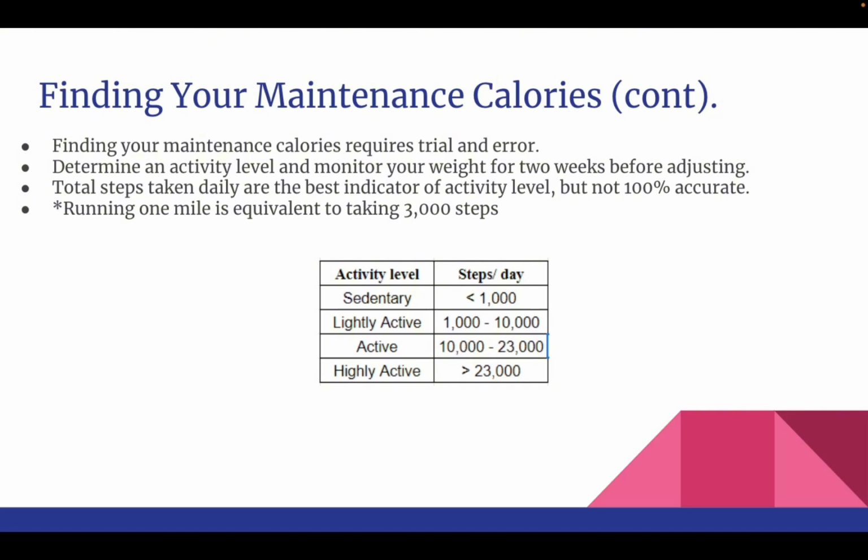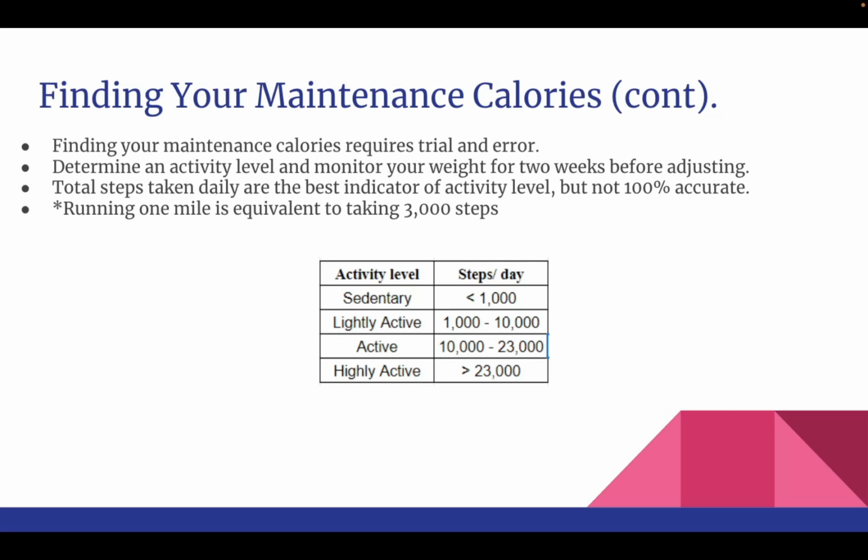So if you run 5 miles, right, your activity level is already in between. It's already at active and almost at highly active. So if you were to lift for an hour and then run 5 miles, you'd probably be pushed into the highly active category. So again, what you want to do is take your best guess at what your activity level is, enter all that information into your TDEE calculator, and determine via trial and error what it is.